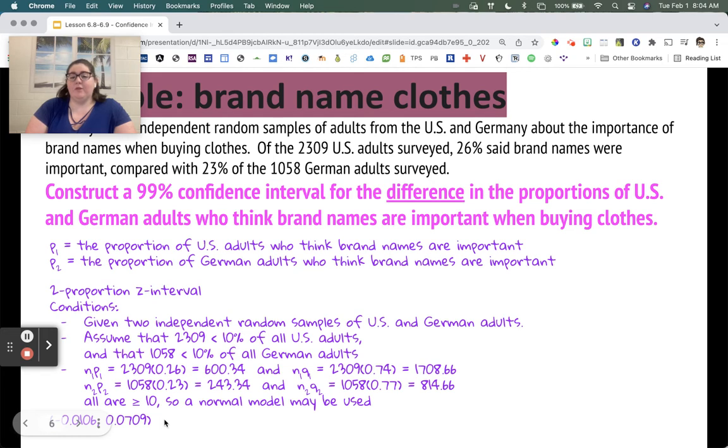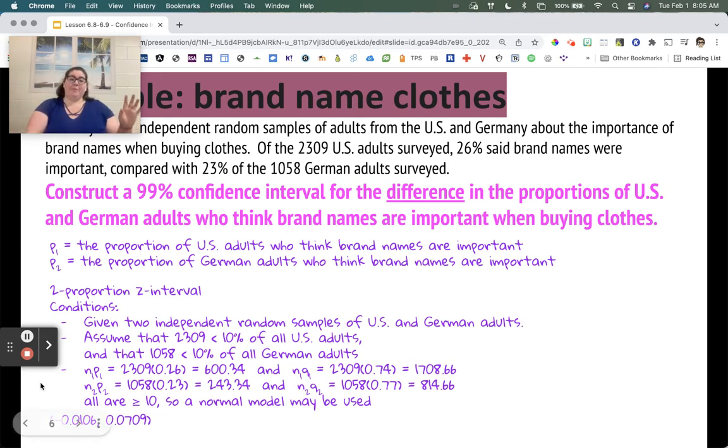So what this interval is estimating is the difference of P1 minus P2, the difference of the proportion of US minus the proportion of German adults who think brand names are important. If I get a negative value, that would mean that the proportion of US adults is less than the proportion of German adults who think brand names are important. If I get a positive value, that would mean the proportion of US adults is more than the proportion of